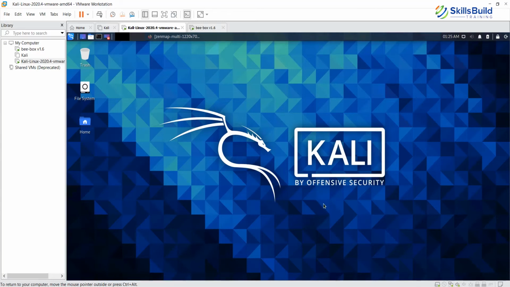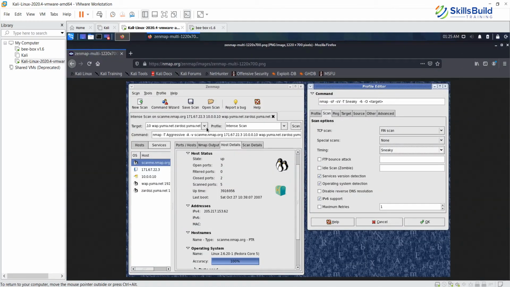Now, when we are talking about the GUI version versus the command line version, by default, Kali has the command line version. But you can also download from nmap.org the GUI version, which is called ZenMap. ZenMap is basically a graphical environment which embeds the Nmap commands. All you have to do is define the target in the target text box or the drop down list, and then choose a profile, which is the type of scan you want to do, and that's it. You can hit the scan button after that.